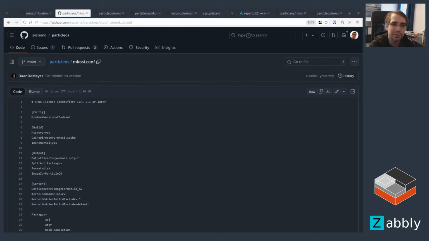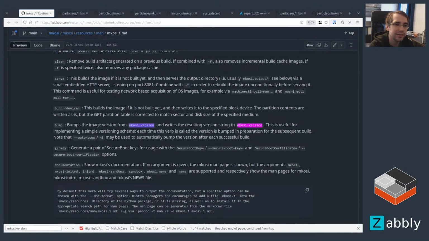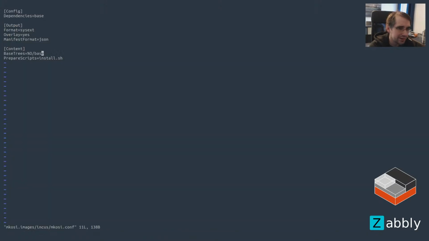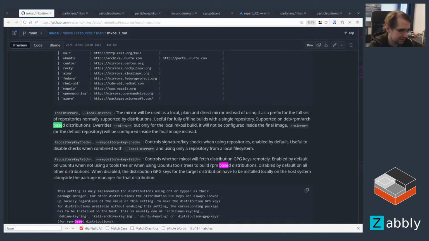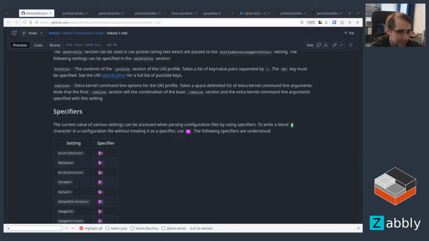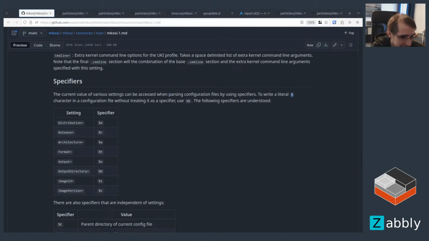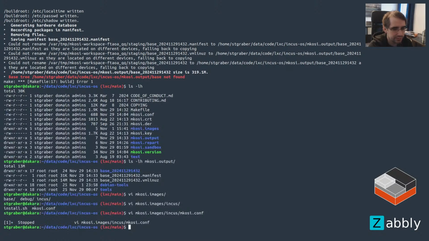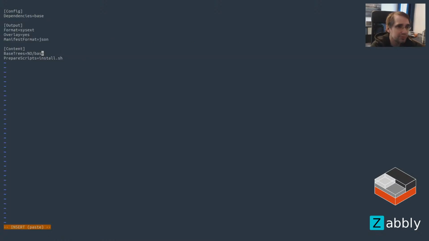Let's see, do I have the make OSI man page here? Yes. It's in base trees. Because we're already using a variable for the path itself. So there we go. Specifiers image version v. Okay, and that was just base underscore image version. So if we do this, maybe